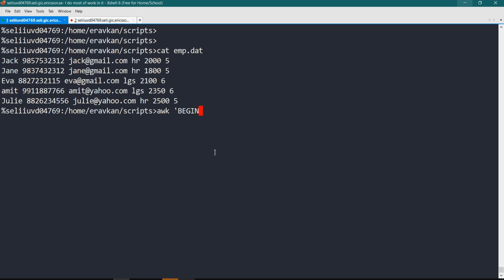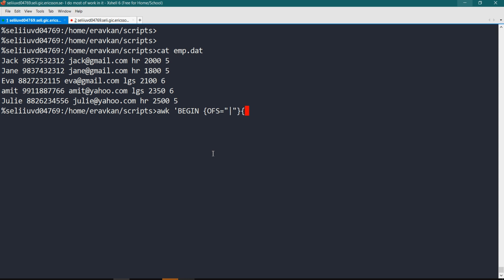BEGIN, OFS, I am taking the output field separator, suppose I am taking a pipe, and I am enclosing it.